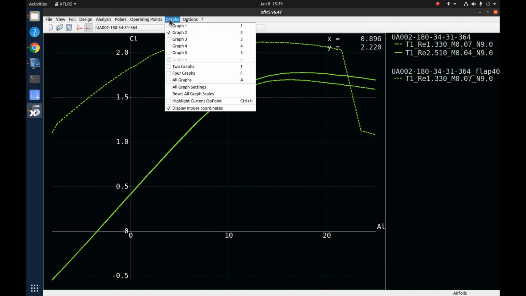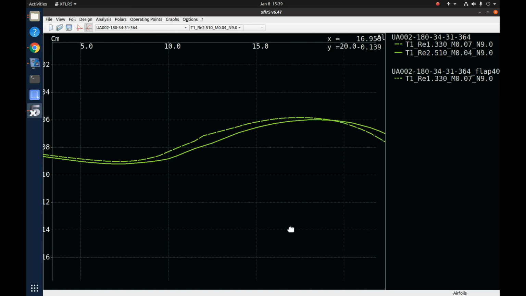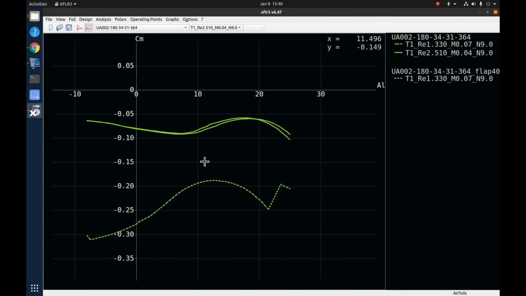So let's go back to coefficient of moment. So at 16.4, coefficient of moment is minus 0.059, and that's for no flaps. Now let's go down to where the flaps are. So here's the flap line. Let's go back to that 16.3 again. At 16.3 we have roughly minus 0.197. Okay, that's what I wanted to capture for the sectional or two-dimensional characteristics for the airfoil that we've chosen